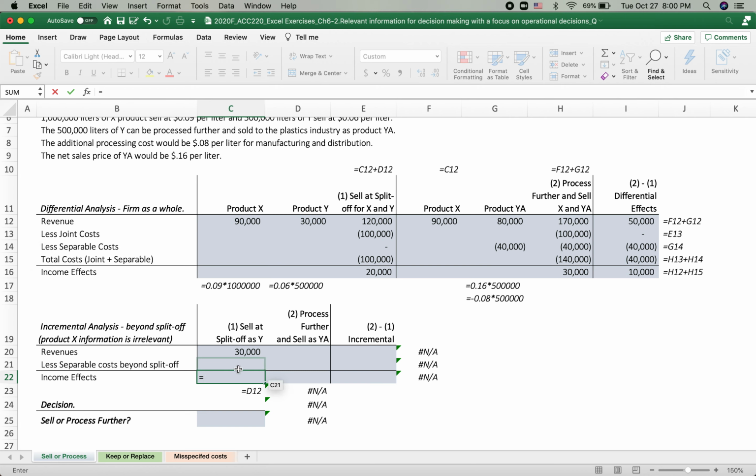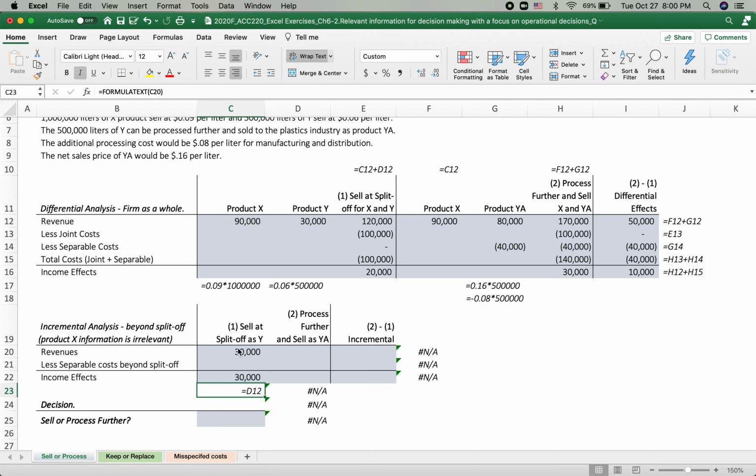So here there's no joint cost information. Instead, we just consider the separable cost. When you produce only Y, when you produce X and Y at the split up point, there's no separable cost. So the $30,000 is